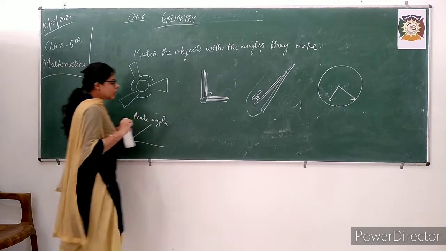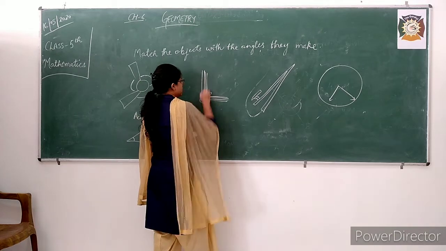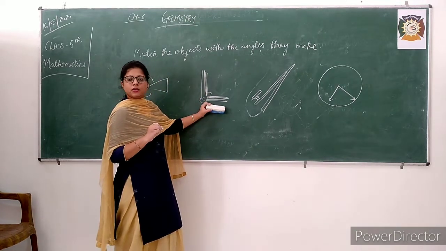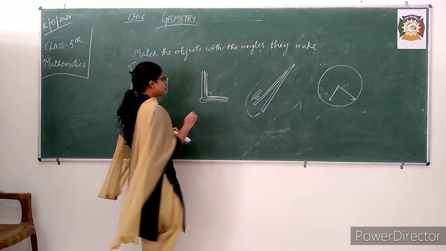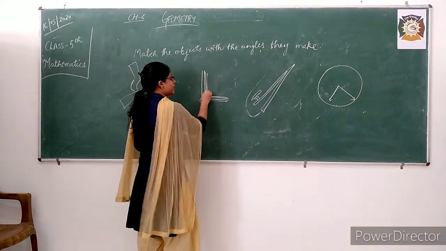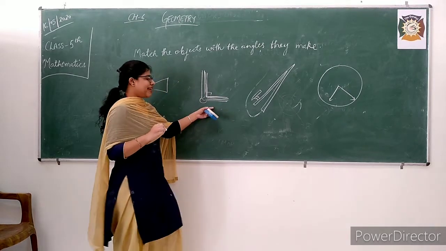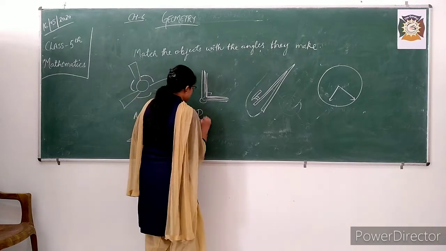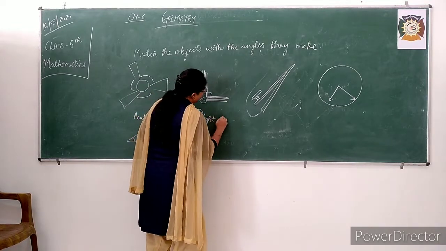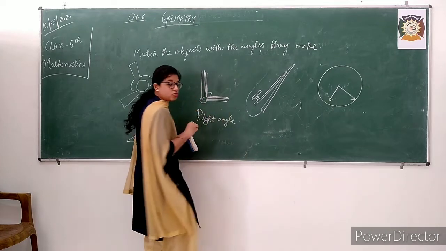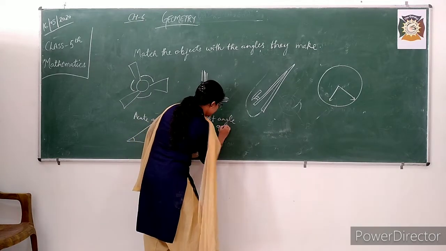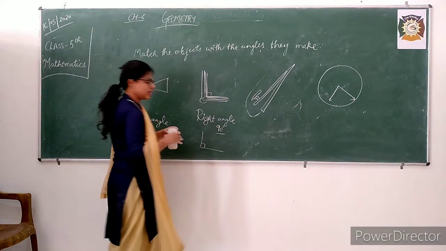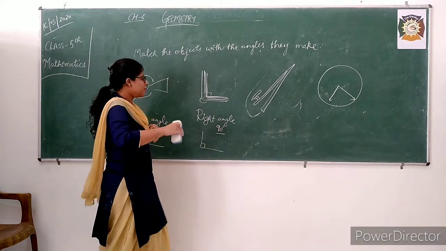Okay. Next, the book. It is an open book and it is making a right angle, because it is looking like a corner of a rectangle. Remember students, the angle which is like a corner of a rectangle is a right angle. So this is a right angle. I hope you remember its measure. Yes or no? It has a measure of 90 degrees. And you have to match it with the right angle. It is given in your book and you will easily match it.